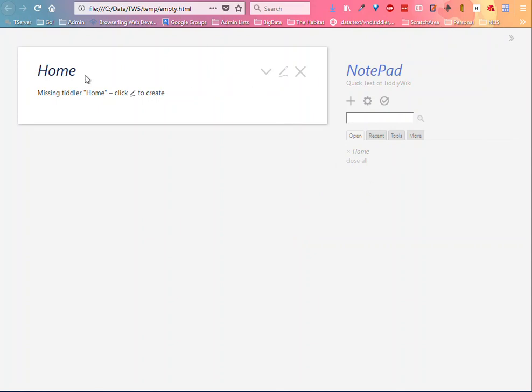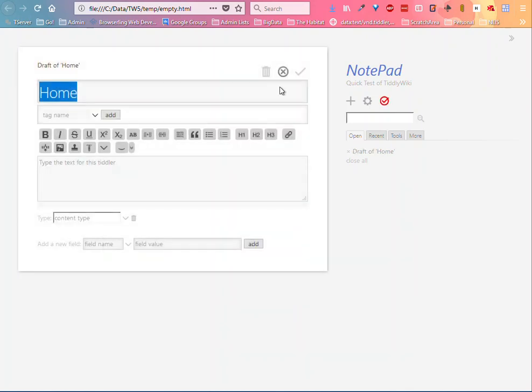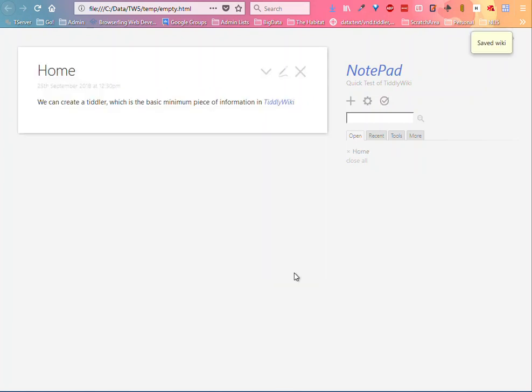So here we are, it reloaded with a new tiddler called home. However, that tiddler doesn't exist. So it's asking us to click edit to create. So we can create a tiddler, which is the basic piece of information in TiddlyWiki. And yes, I can use my browser spell check to fix my typos, and I can click,